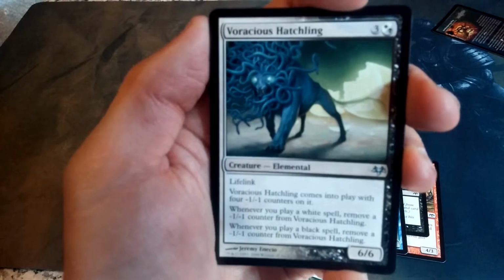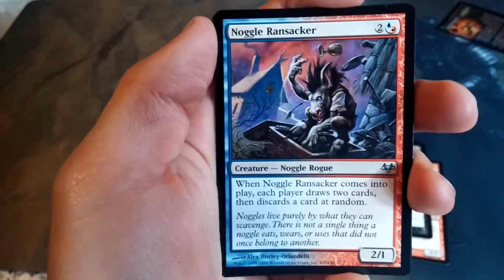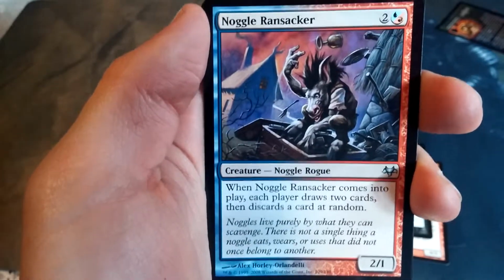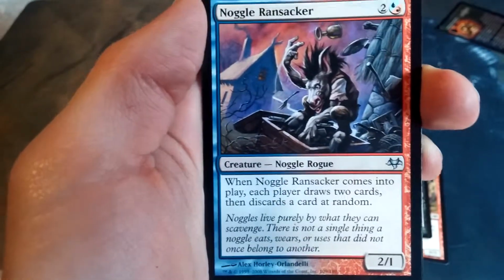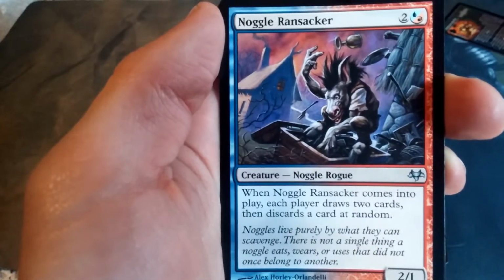Orzhov. There we go. Orzhov. Interesting. Last uncommon is a Noggle Ransacker. 2 and an Izzet hybrid mana for a 2/1 Noggle Rogue. When it comes into play, each player draws 2 cards, then discards a card at random. Interesting. And the rare,